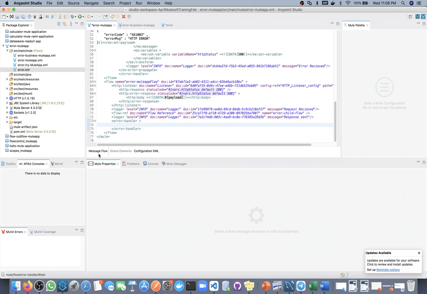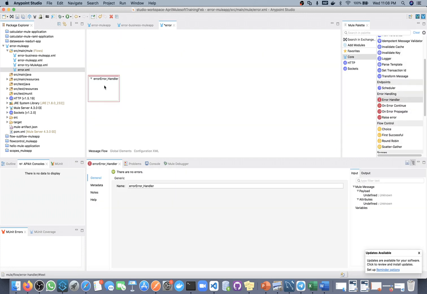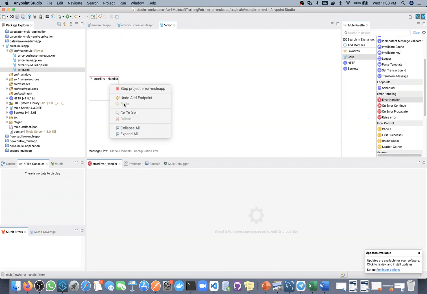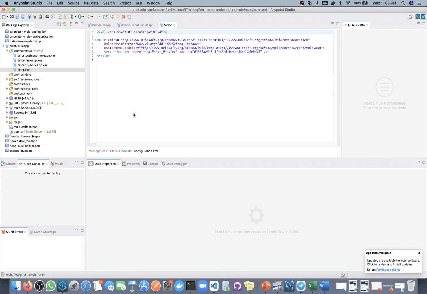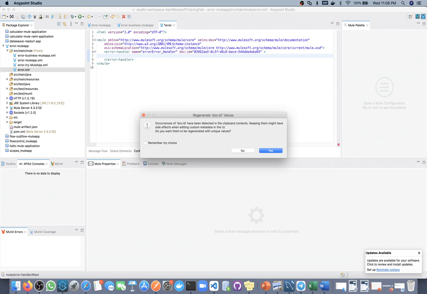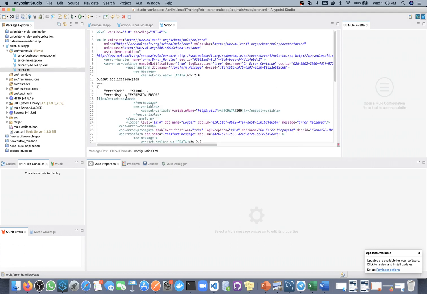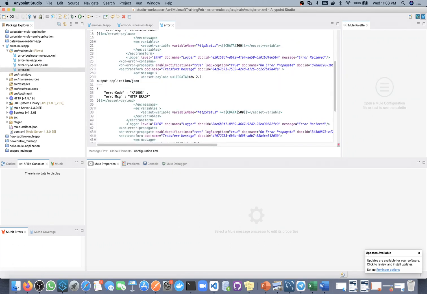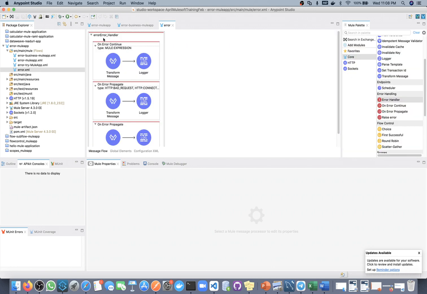Inside this error handler I will not use any other, and I will keep all inside this. So what I did, I removed all error handlers from there and moved them here inside this error handler.